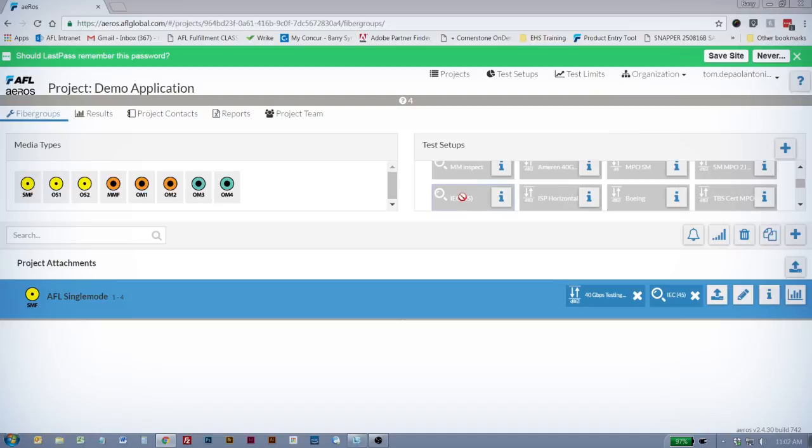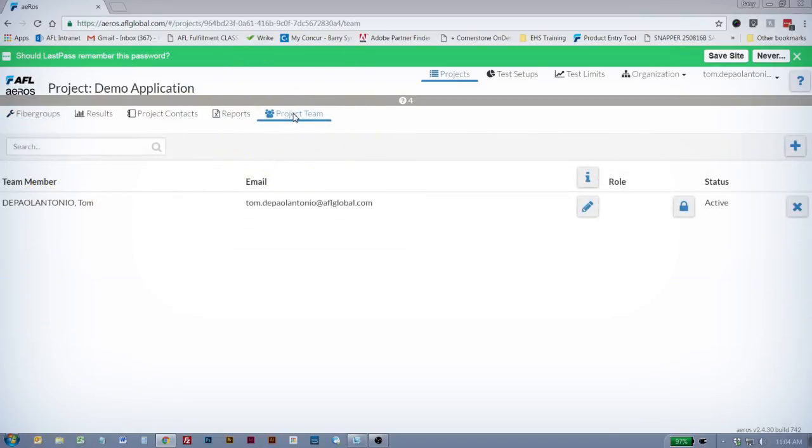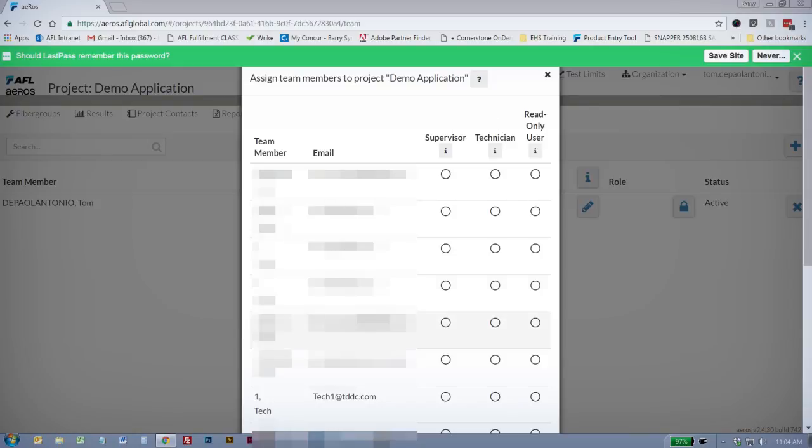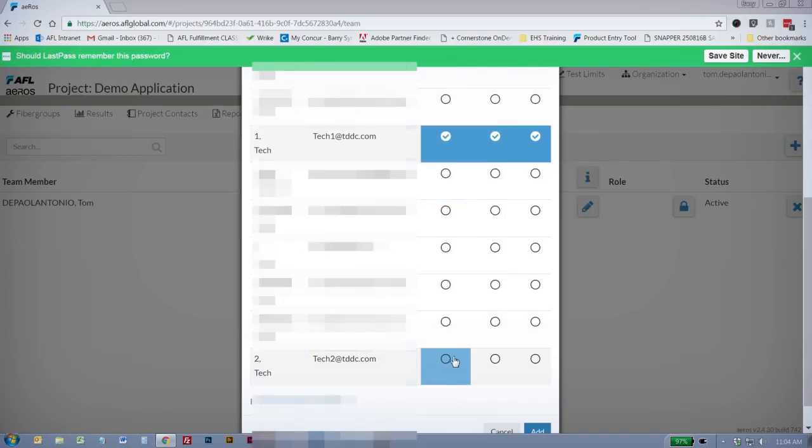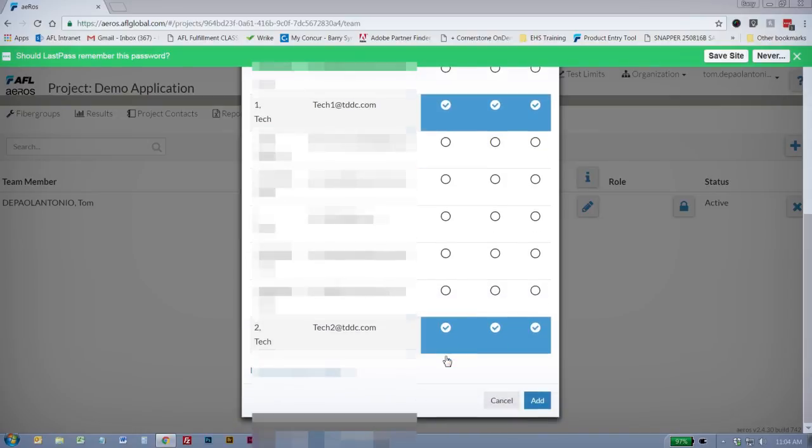Next is about a third of the way down on the left-hand side, you'll see where it says fiber group and a few other things is project team. You're going to have to assign people to this particular project and to this fiber group. In order to do that, you hit project teams, and then you'll have the org admin, and then to the right of that will be a plus button. You hit the plus button, and what you'll do is add those that you want to either be part of the project, either working and or just viewing it. And once you do that and you see their names, such as Technician 1 in this particular case,